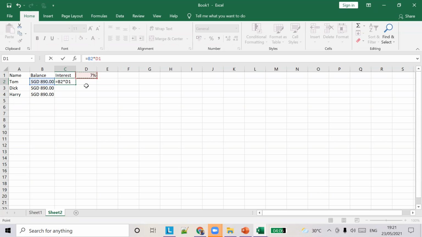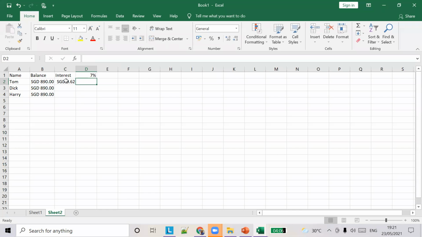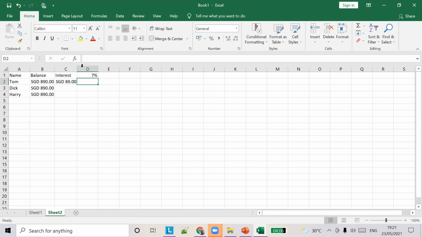The percentage value is here, so you can select the cell D1 and percentage.